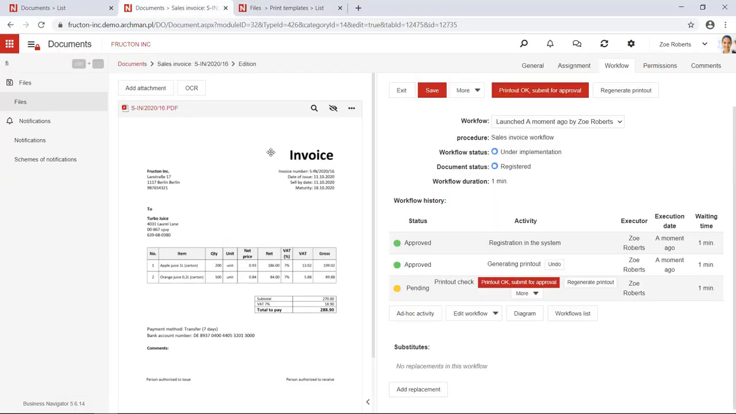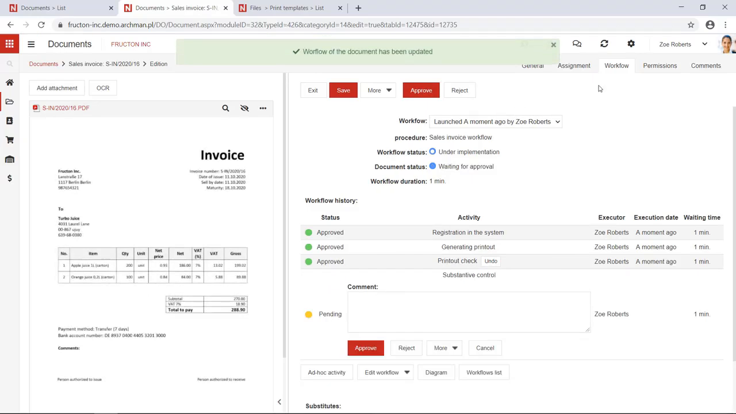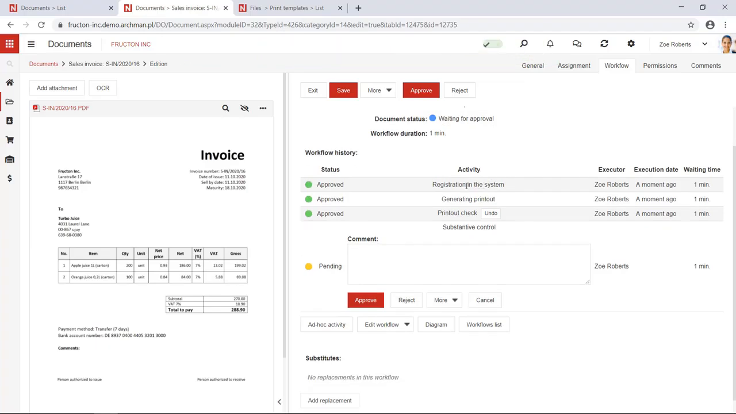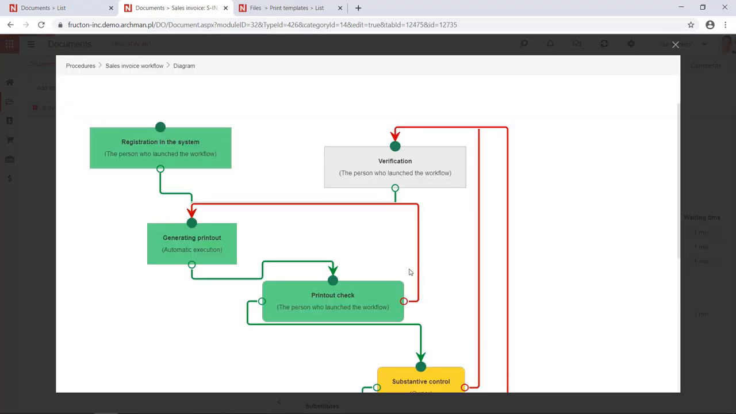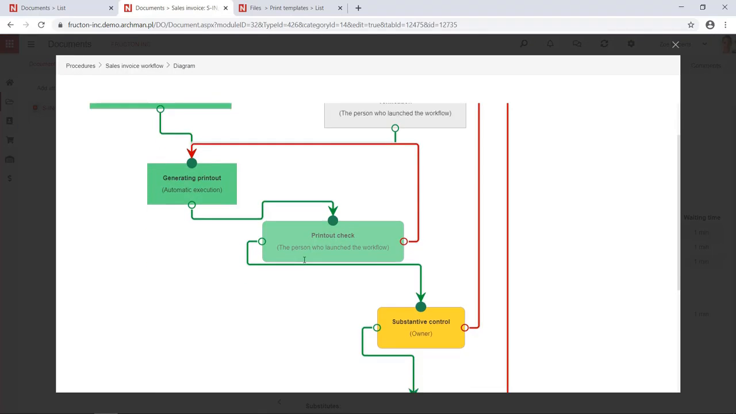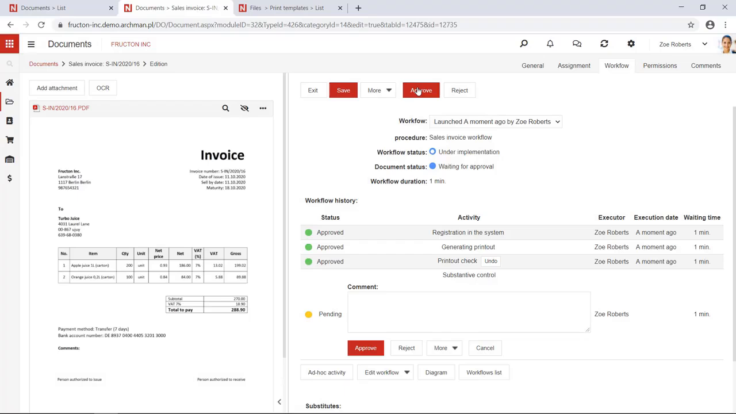All right, so I have this document printed out. Now I need to check whether everything is okay. Printout okay, submit for approval. And as you see, there is a substantiative control, and this substantiative control is done by an owner. So again, I am the owner, so I will click approve. Let's have a quick look at the diagram again. Okay, generating printout, printout check. We are here in the yellow box. So once I click approve,